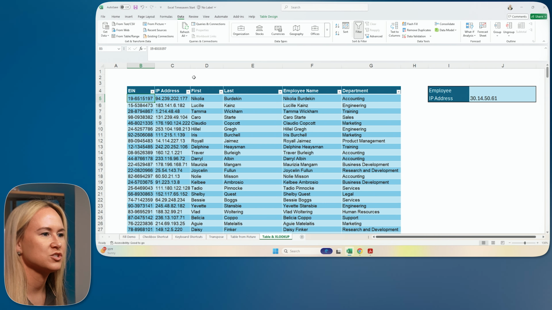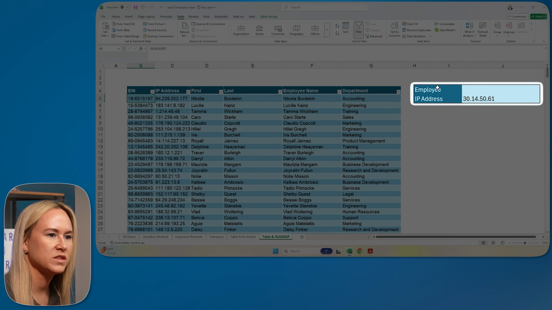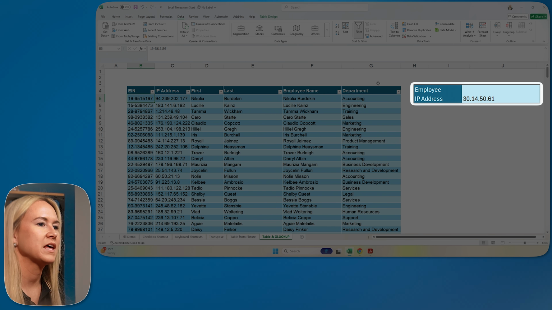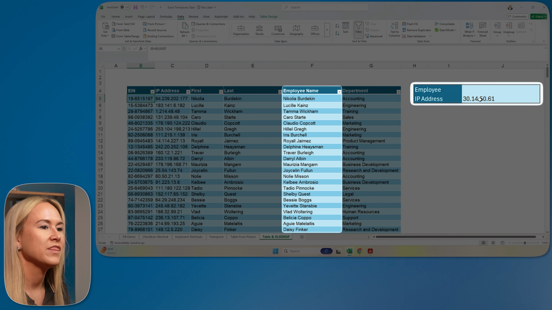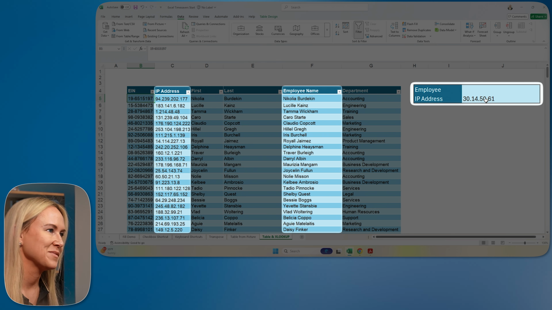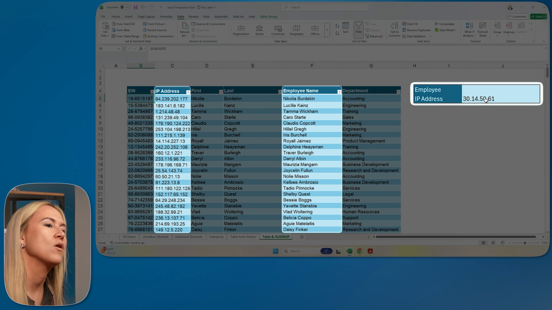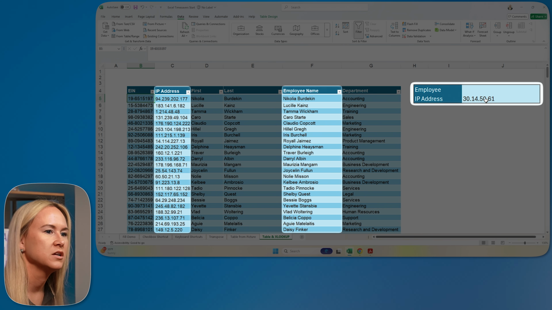So I'm going to zoom out here just so we can see this, but I've got a little section over here on the right. And so within this range of cells here, we can see we have employee IP address. And so let's say that I wanted to return the employee that this IP address belongs to because I need to look up something that has happened or gone on their machine. So I want this information. I need to know which employee is tied to this IP address. So the way that we can go about this,